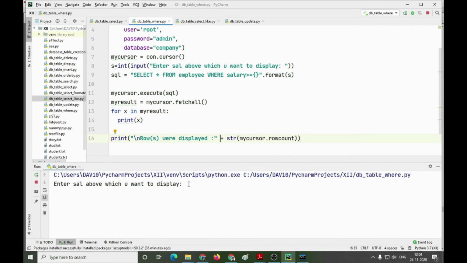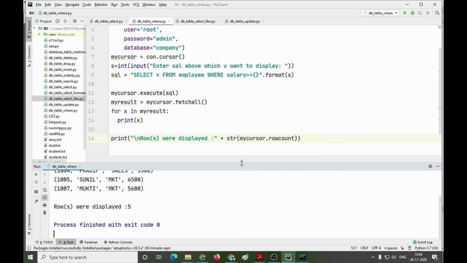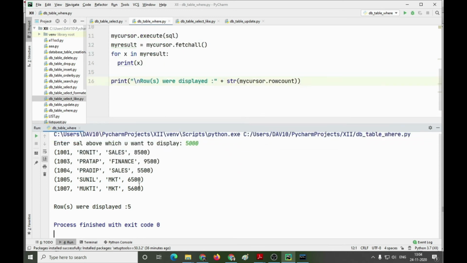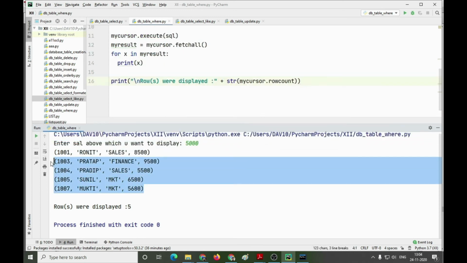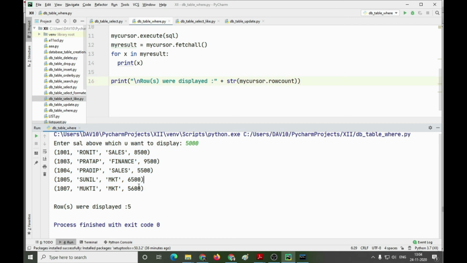Enter the salary above which you want to display. Let us assume I want to display all the salaries which are greater than or equal to 5,000. So these are the results. That means the result has been displayed. Of course we were not displaying it in a formatted way, so we have got a haphazard output in the form of tuples. All the records which have been displayed are greater than or equal to 5000, and the number of records displayed is 5.